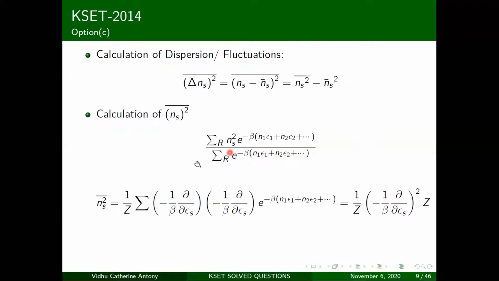So now how do you calculate the partition function? How do you calculate the average number of the square of the particles? Not just the average number of particles, but the average number of the square. And why do you need that? Because you have this over here. You need to calculate the value over here. So now you multiply this and you get this value.